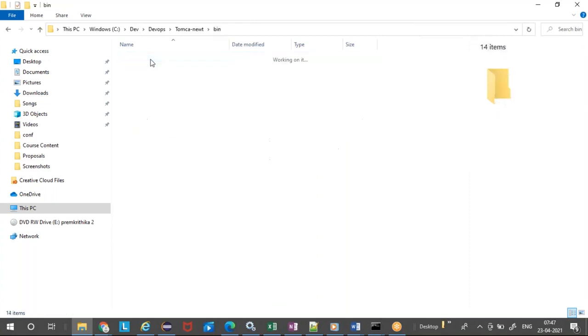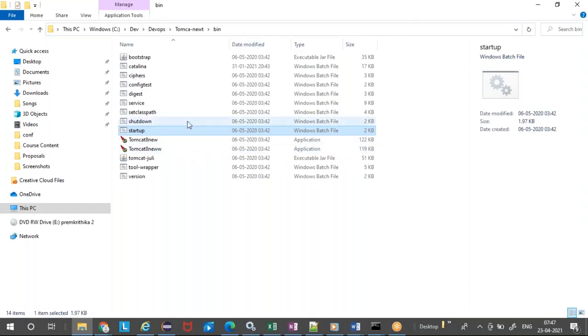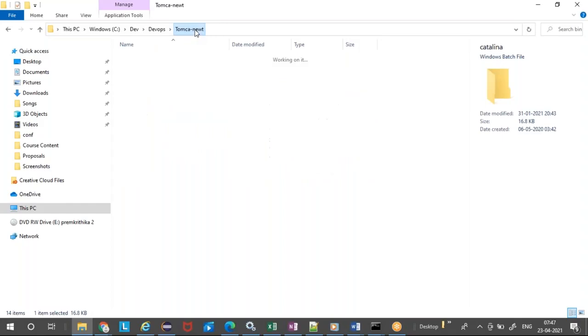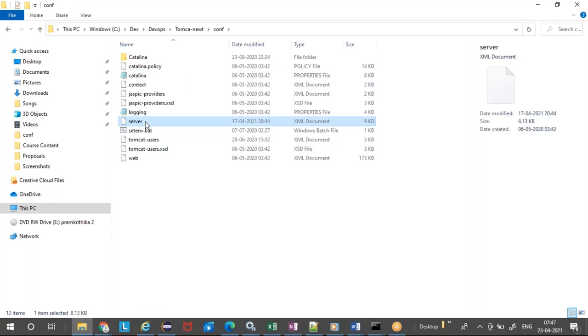In the bin directory there will be a startup file, and a lot of other things like the catalina.bat file. If you go to the conf, there will be a server.xml. All these things we will change whenever we want to add additional threads or increase the memory, right? Eventually over the course we will see how to do all those changes.